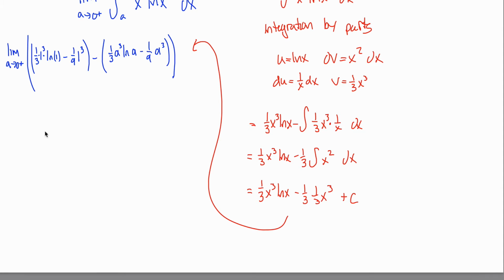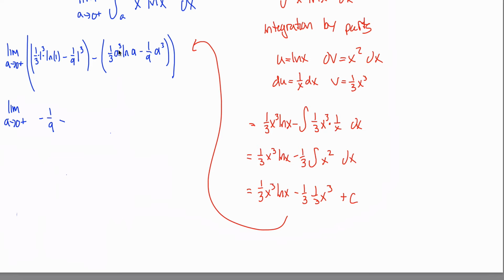So how am I going to evaluate this limit? Well, let's clean it up a little bit. I've got the limit as a approaches 0 from the positive side of, let's see, okay, so this is all 0 because the natural log of 1 is 0. So this is all 0 right here. And then this is just the 1/9, so I've got negative 1/9